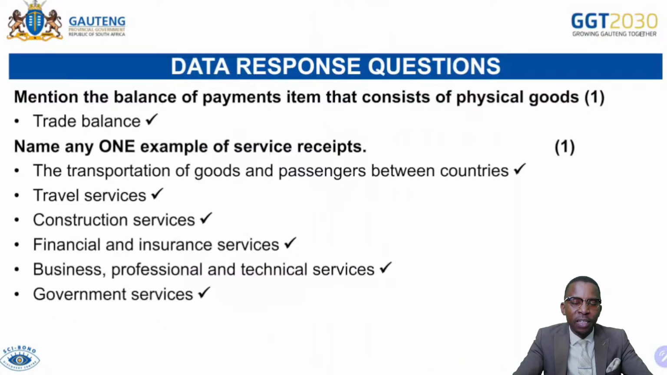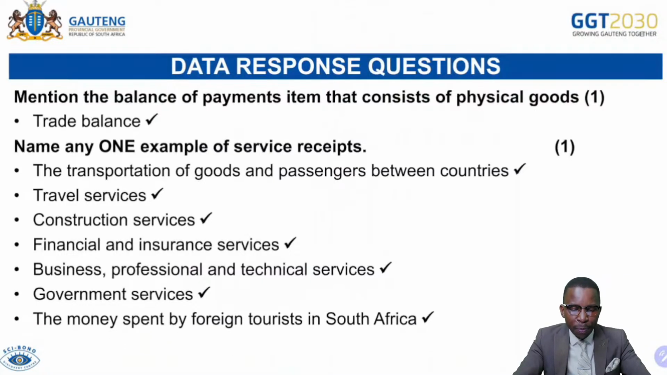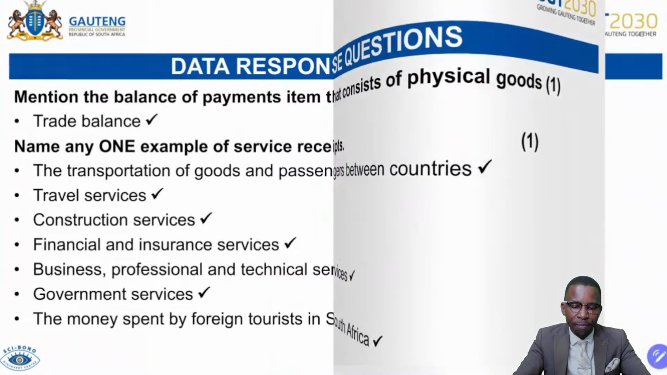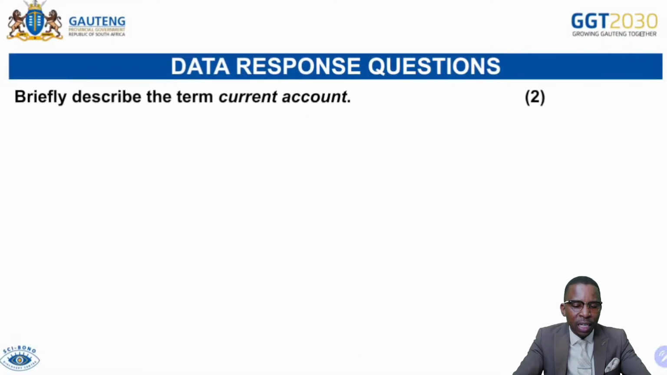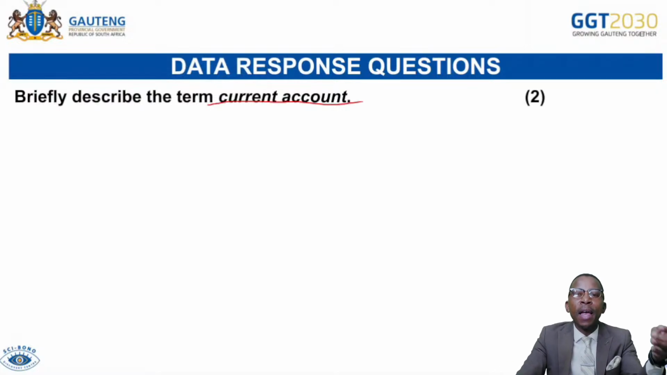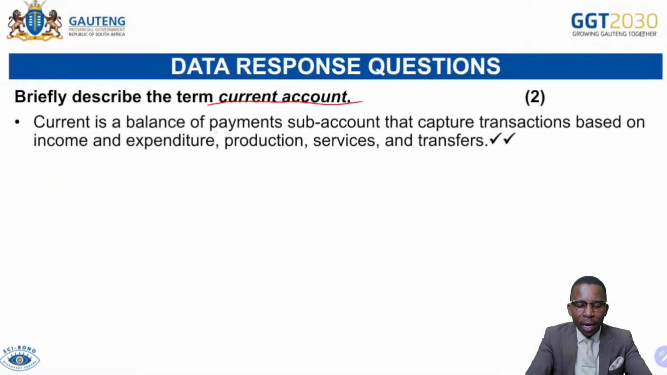We talk about government. There are many services you can mention under services that can be receipts or payment for services. And then the money spent on foreign tourists in South Africa. These are services receipts in this situation. And then briefly describe the term current account. Remember, current account refers to the BOP sub-account that captures transactions based on income, expenditure, production, payments, and transfers. Let's check. Current account is a balance of payment sub-account that captures transactions based on income and expenditure, production, services,